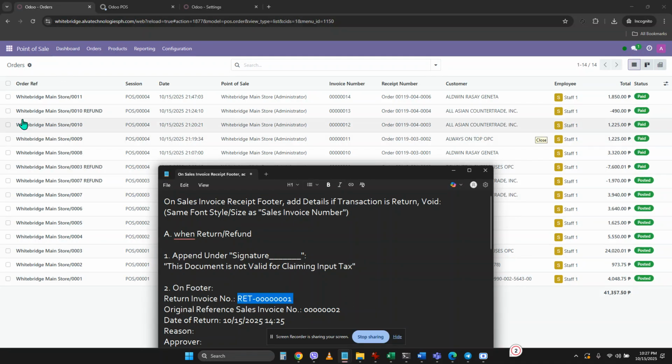Okay, this will be present on the order reference, and for the invoice number, it will reference the same invoice number here. So 12, 12. Okay, so for the reflection, how can we do this?